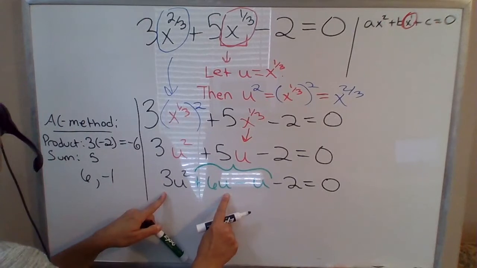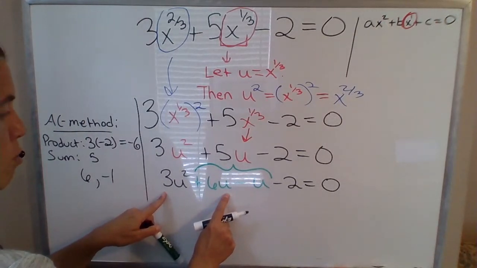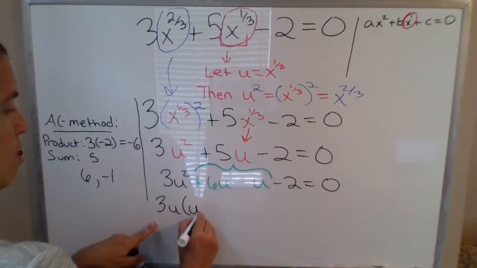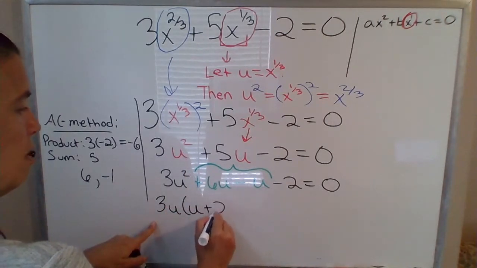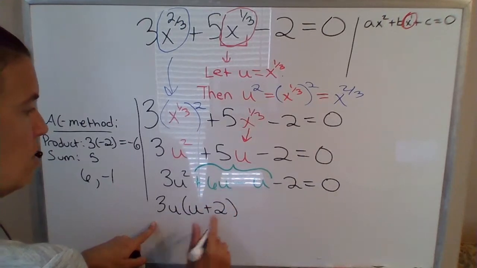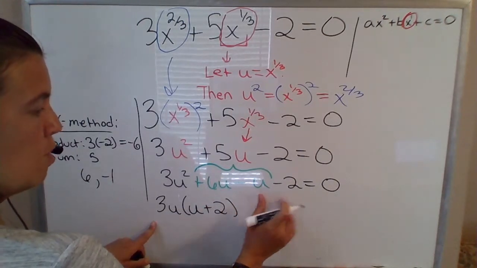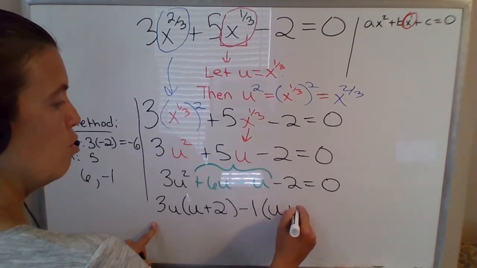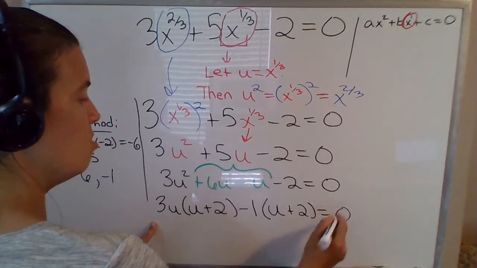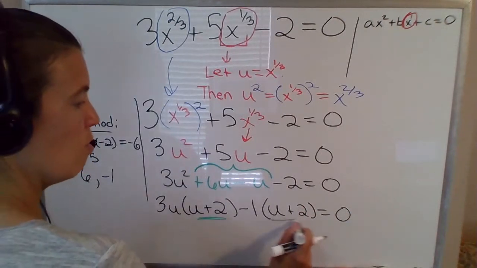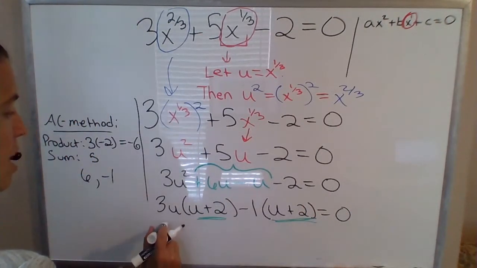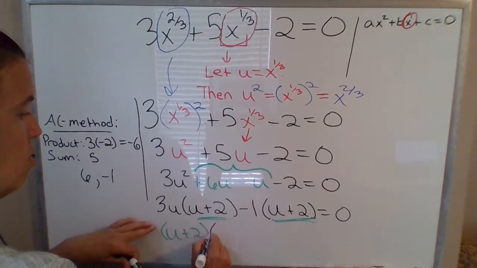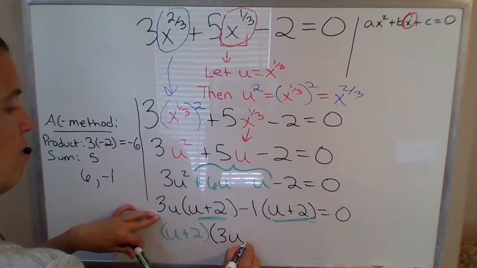So you look for greatest common factor among these first 2 terms. We can factor out 3u, and you're left with u plus 2, plus a factor of 2 from the 6u here. In the second 2 terms, we can factor out negative 1, and you're left with positive u, positive 2. And this is what you need to see. You need to see these 2 factors matching, which is good. That means we can factor out u plus 2, and the other factor will be 3u from this first piece